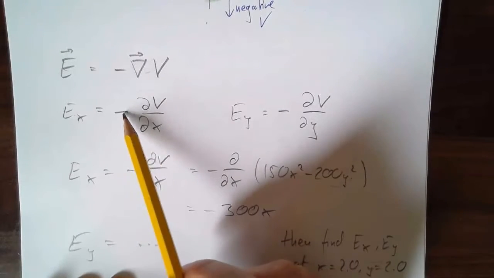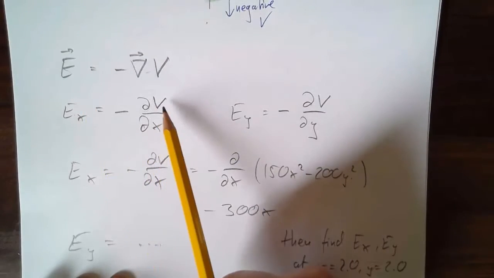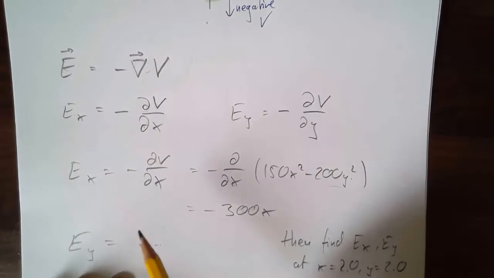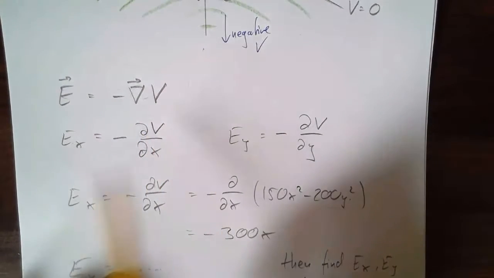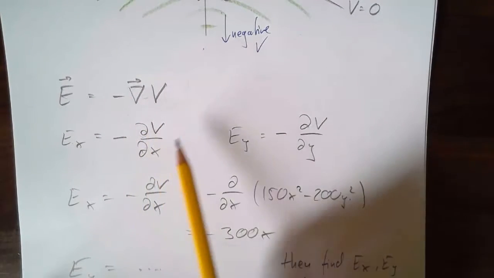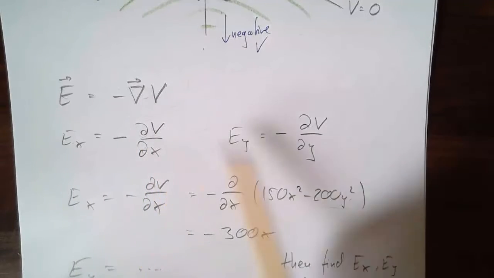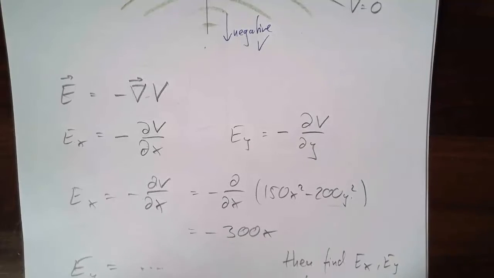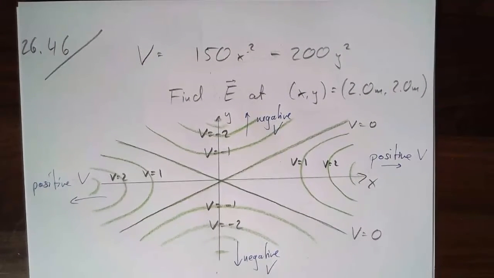Evaluating it, well, the minus sign is a minus sign, and then I just take the x component of this is going to be dV/dx, the y component dV/dy, and that's it. That's all there is to it. It looks mysterious, right? But it is not. It is really straightforward. It's just a kind of shorthand for writing out explicitly a vector with this component in the x, this component in the y, and if you put a z, then, well, there'll be another component there. Okay, I hope this makes sense. So this is 26.46. Let's go to the next one,